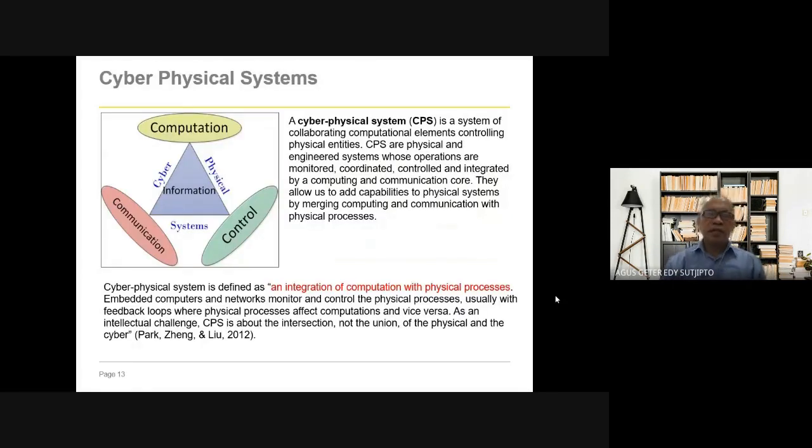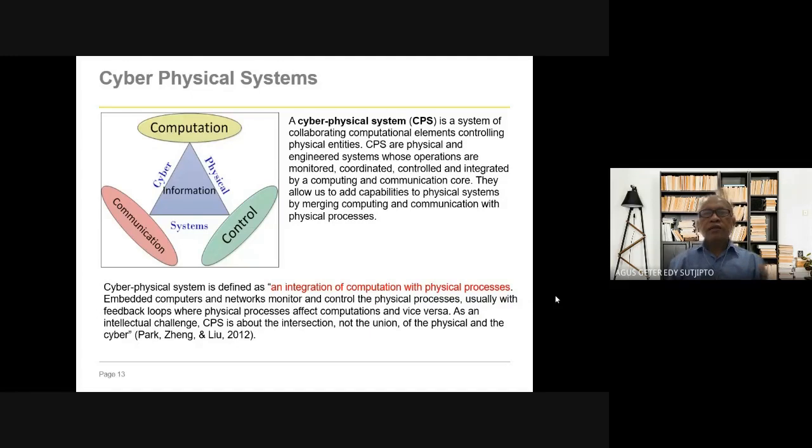Actually, the key point in the Industrial Revolution 4.0 is the cyber physical system, where software controls physical things: computation, computers, and control of machines, many machines, or tools, and the communication between departments and suppliers, for example.